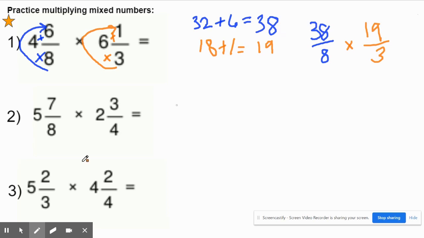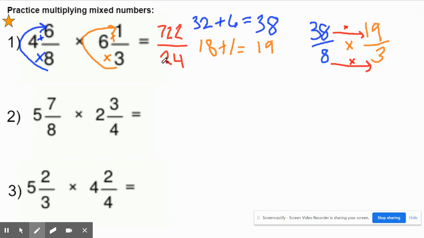So I am going to multiply across. 38 times 19 equals 722 over 8 times 3 gives me 24. All right, so the answer to 4 6/8 times 6 1/3 is